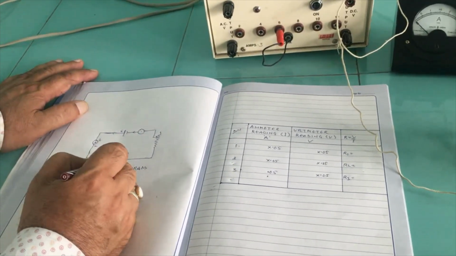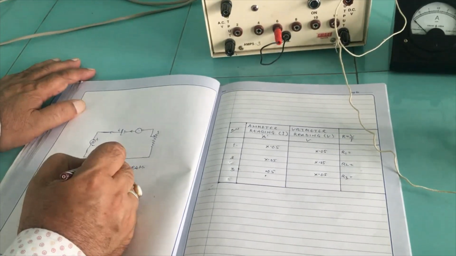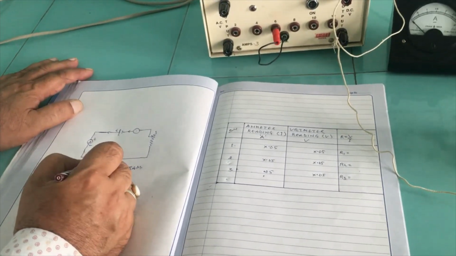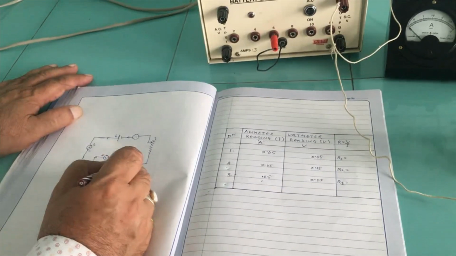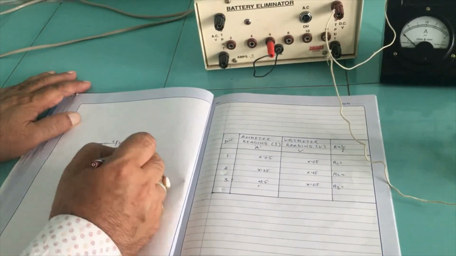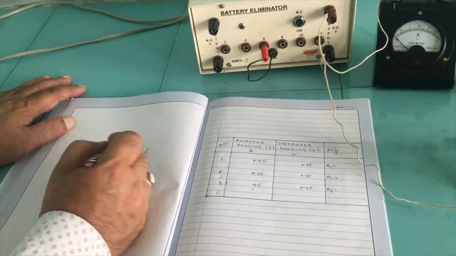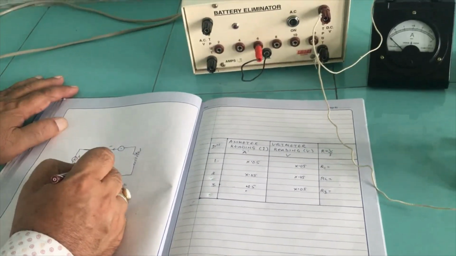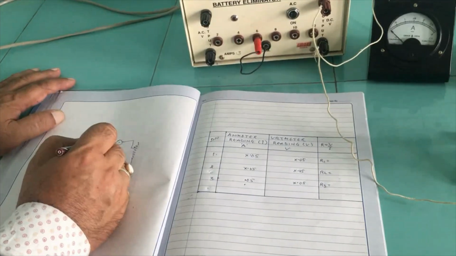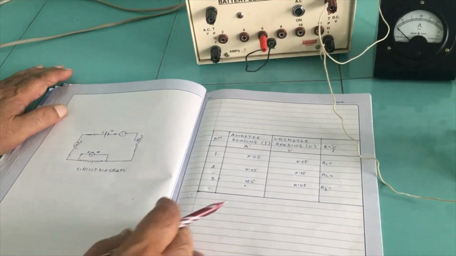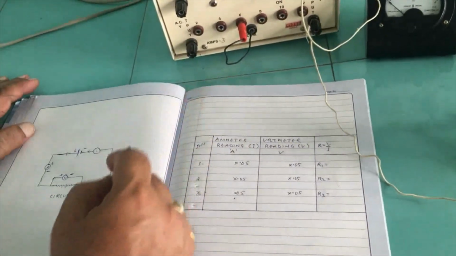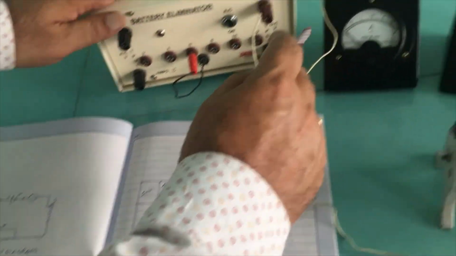Here we are taking nichrome wire as a resistor. We shall find out the resistance of this nichrome wire. And this negative is connected to one terminal of the rheostat, and the rheostat is connected to this key, and it is connected to the negative terminal. You can see here the voltmeter negative is connected to negative of the battery. Now according to this circuit, this setup is there.